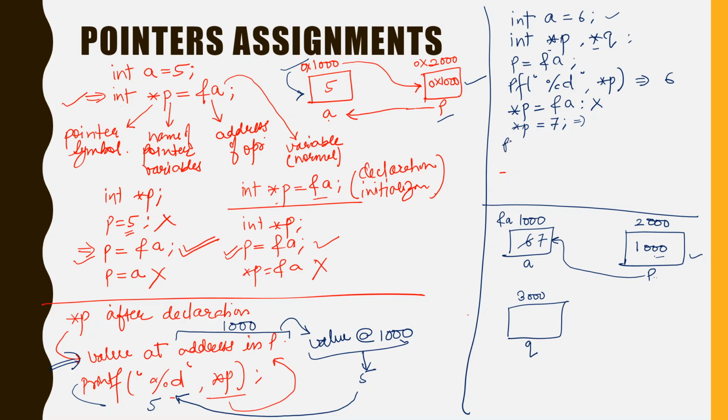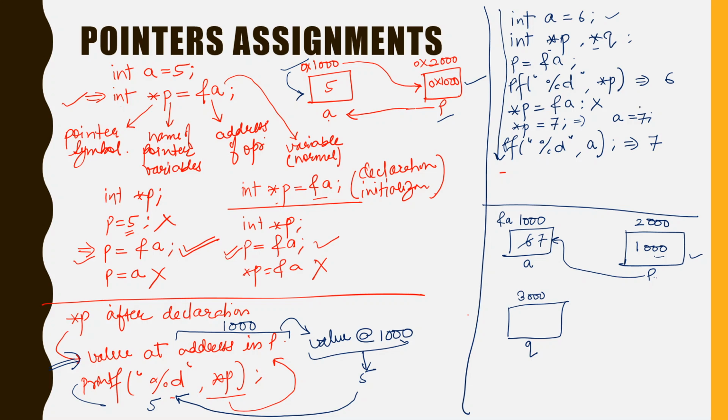So if I print the value of A after executing this statement, you will see that without accessing A directly, I have never accessed the value of A in the statements, but the value of A will be printed as 7, not 6. Why? Because instead of accessing directly, there is an alternative. Like this, A equals 6, then A equals 7.